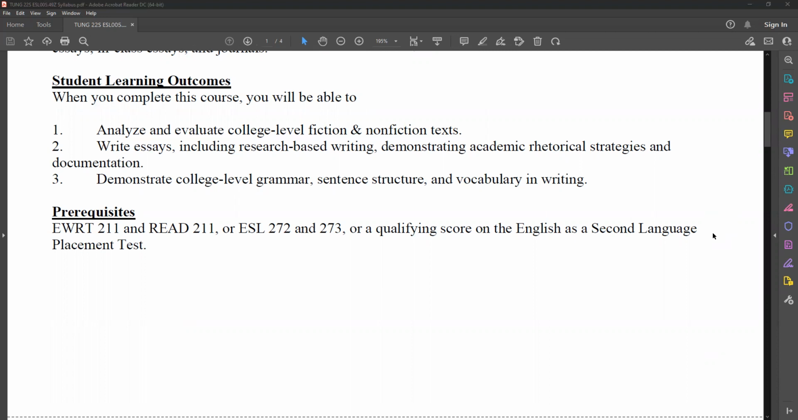And then three, demonstrate college level grammar, sentence structure, and vocabulary in writing. Now, earlier, I just said that we're not focused on grammar explicitly, meaning we're not going to have grammar lessons and grammar topics. But